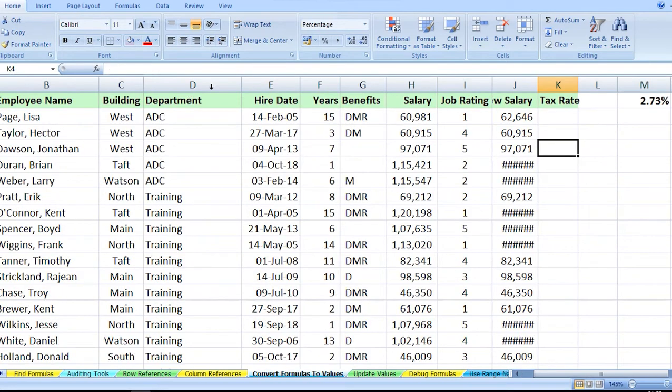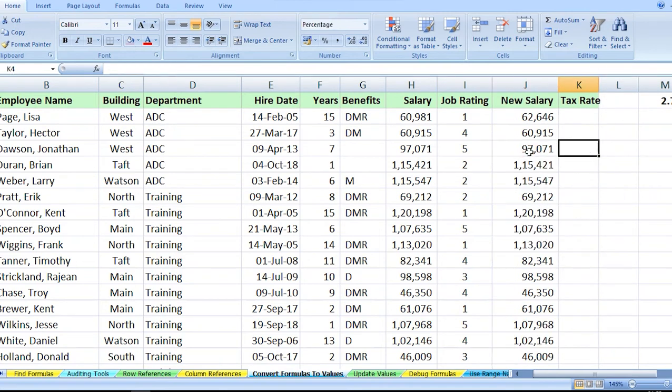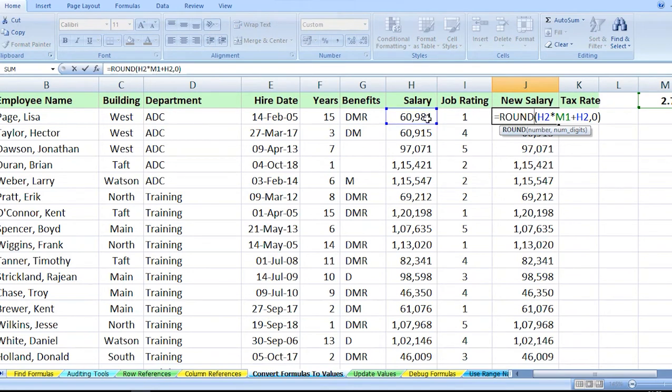Now, let's move to a new column, which is new salary. The new salary has been calculated for the employees. Okay, let's look over the formula. Based on the previous salary and the percentage which has been provided, a new salary has been calculated. But we do not want to have both of these columns with us. We only want to have the updated salary in this column, but do not want to change the heading.